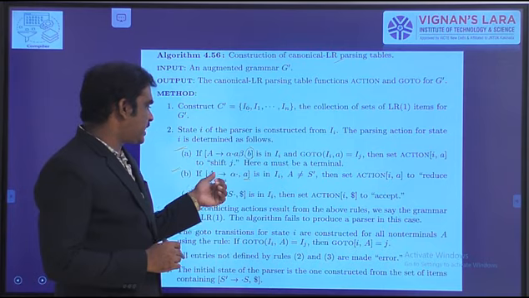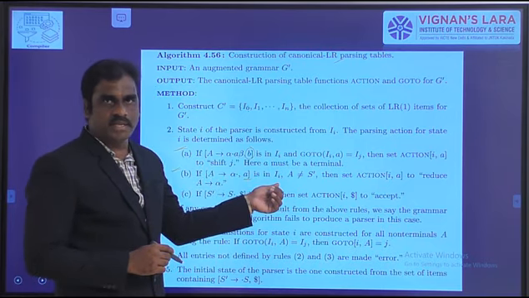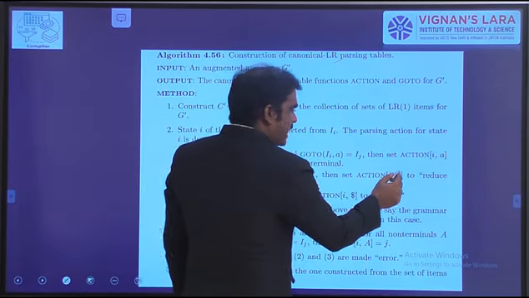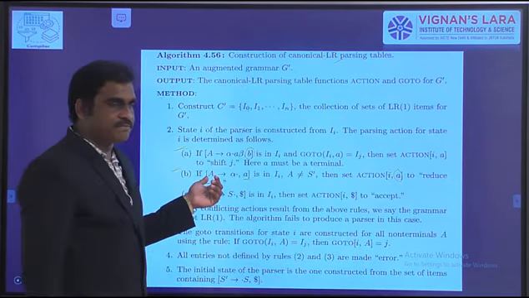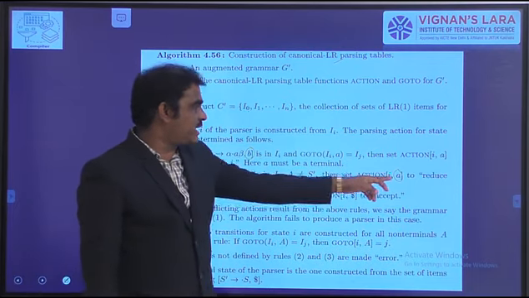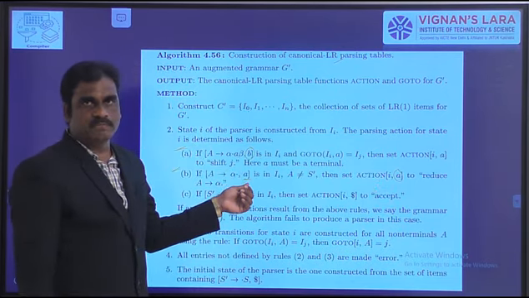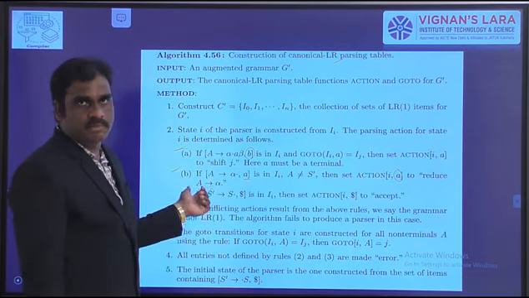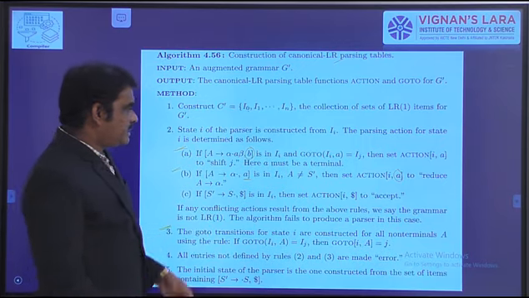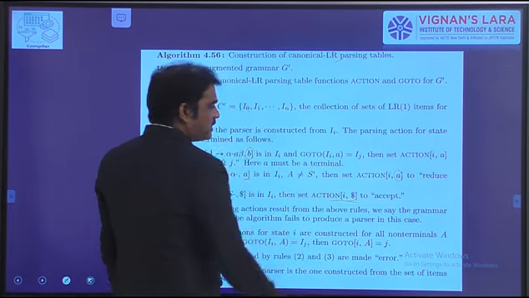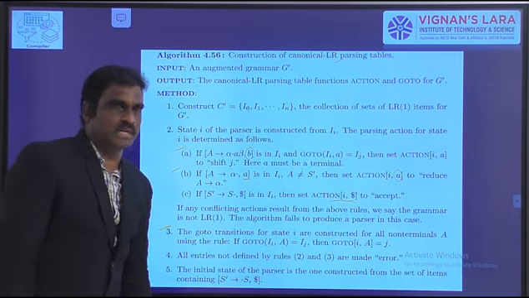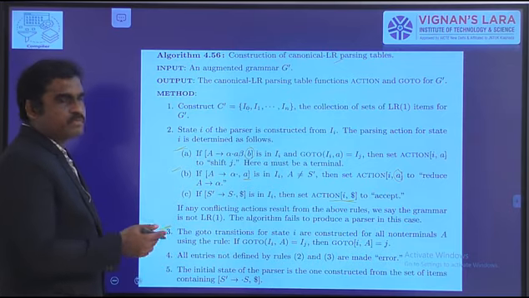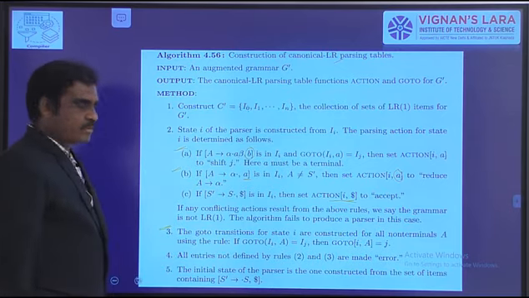Suppose the production ends with A2 alpha dot A, it ends with I. Then the action of I comma. Previously this value is the follow of the left hand side value, but in this case this A means nothing but the lookup value. So action of I comma A is the reduce operation. The default condition, as all of you know, is I comma dot, 1 comma dollar is the accept condition. For the remaining, all are errors. Now by using this algorithm, we have to construct the table.